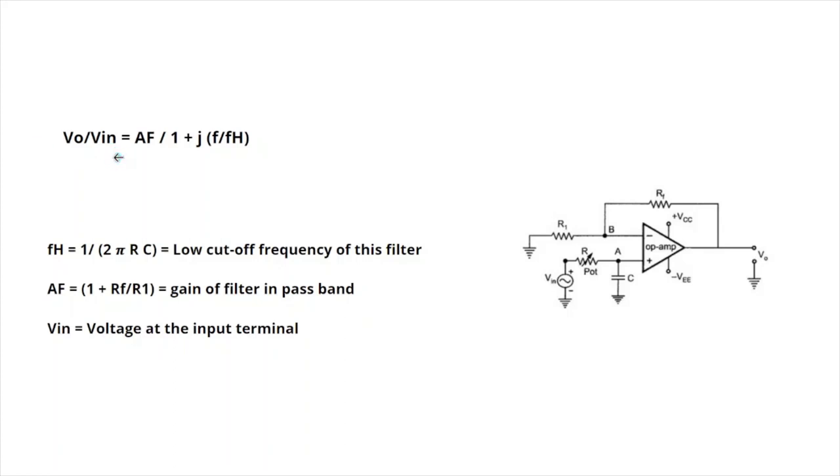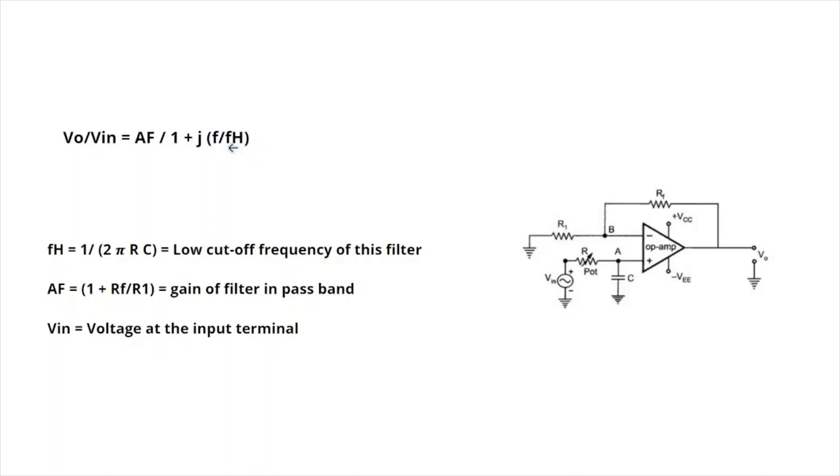AF is the gain of the filter in pass band, divided by this whole expression, which is 1 plus j F divided by FL, where F is the frequency, the current frequency, and FL, which was written as FH but should actually be FL,